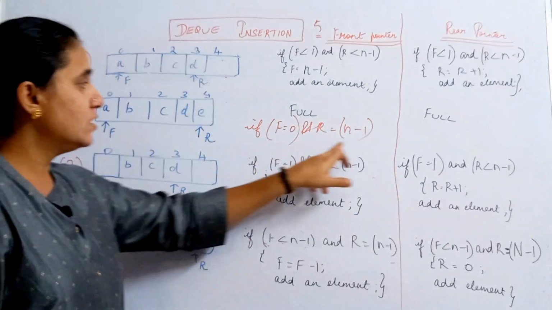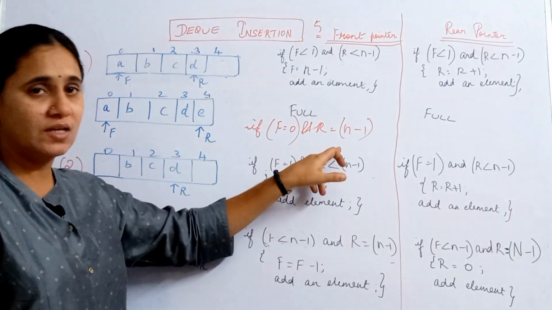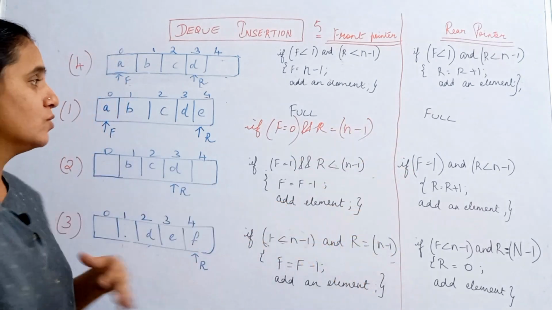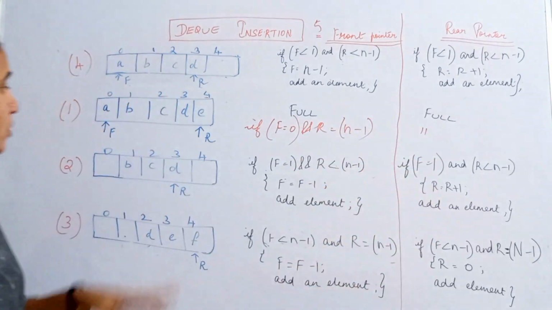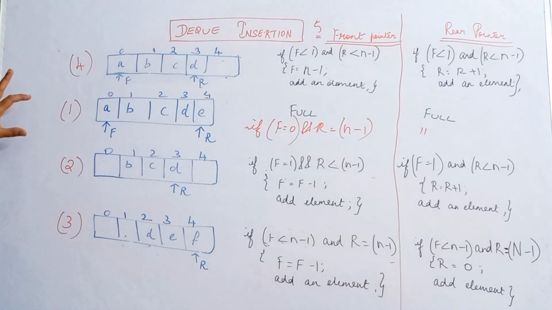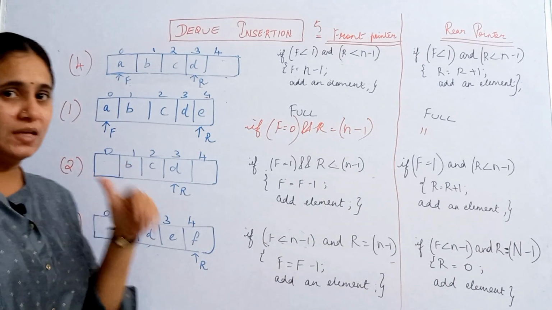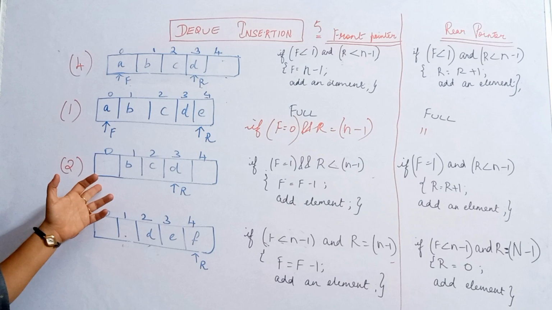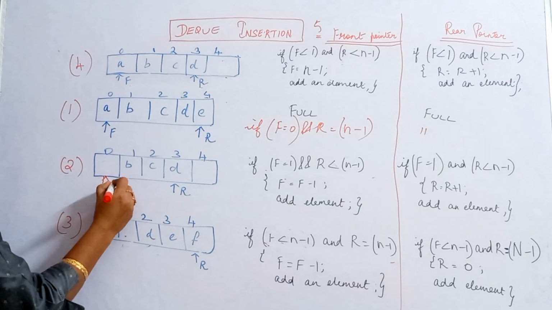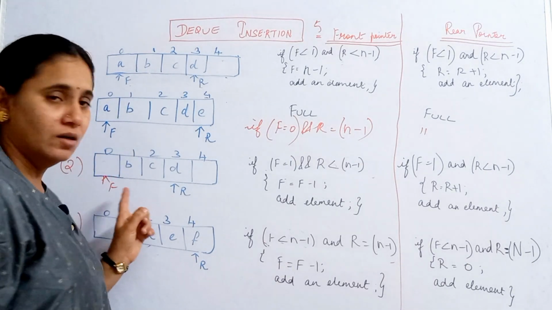So if this condition is satisfied, it is going to print as full. So the same condition will come. Next you will see the second possibility. Take the same representation, see the front position. The front position is empty and